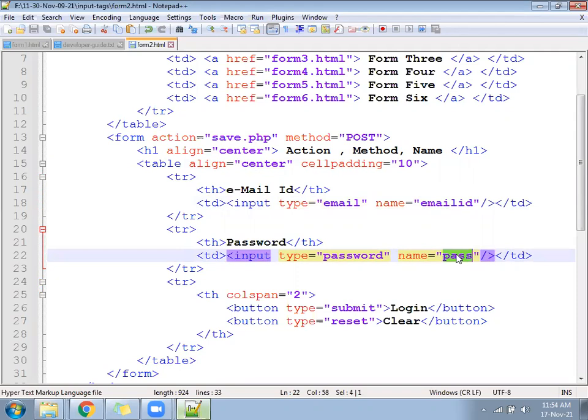When he clicks on the login button or clear button, any button he clicks. As soon as the button click happens, the compiler will get an action. Yes, the user has clicked on a button. So when the compiler understands the user has clicked on a button, then the compiler will check which button the user has clicked. Is it the submit button or reset button? If it is inside the function, then only it will be functional. If it is out of the function, then it will not be functional.